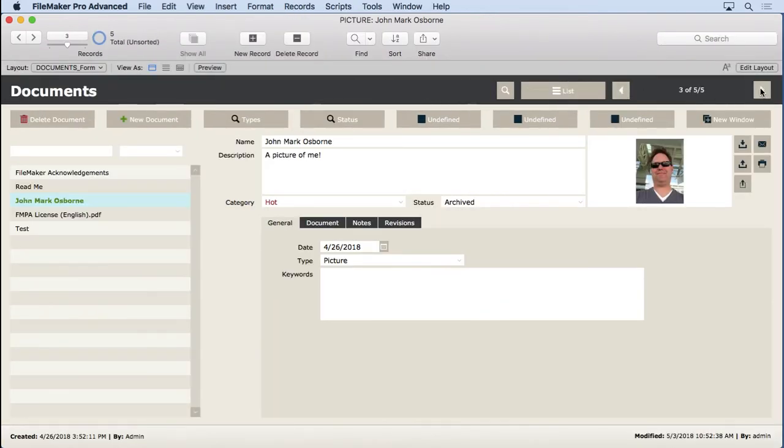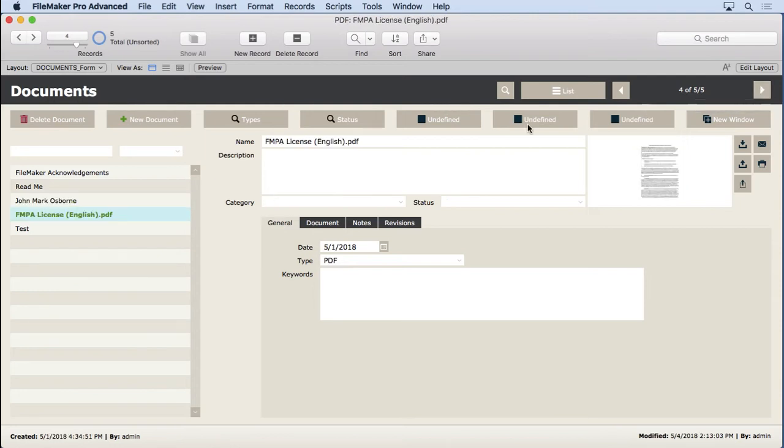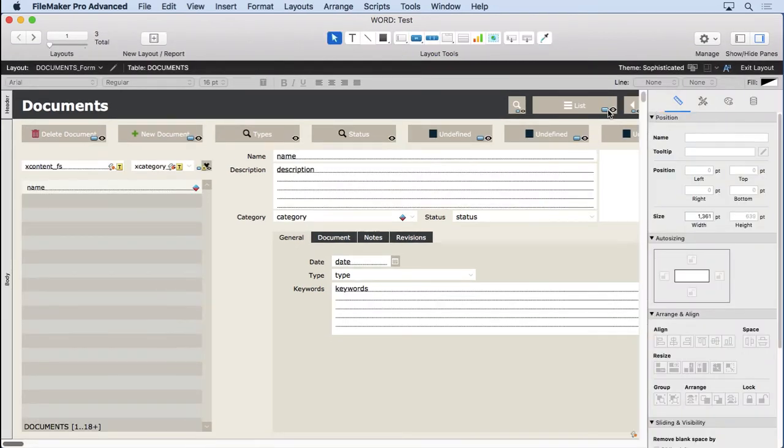So we'll hover over here. You see it goes to the next one. If I click it, we should see FMPA license show up there. And this one, it says, going to show us test. And if I hover over it again, now it's going to say question mark because there's nothing there. So we really do need to add on to this